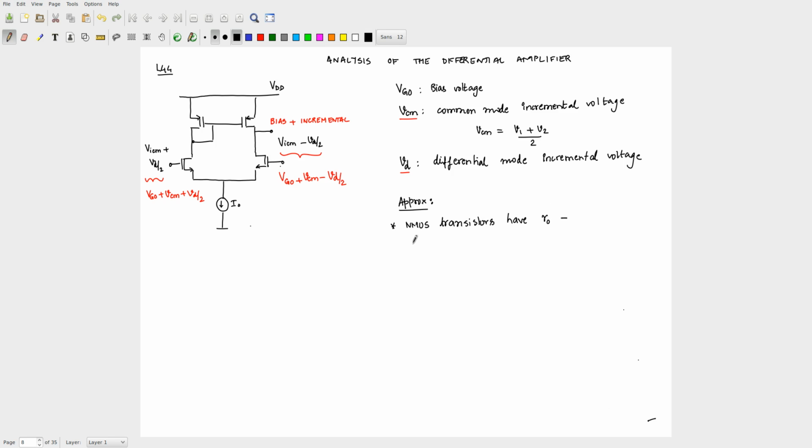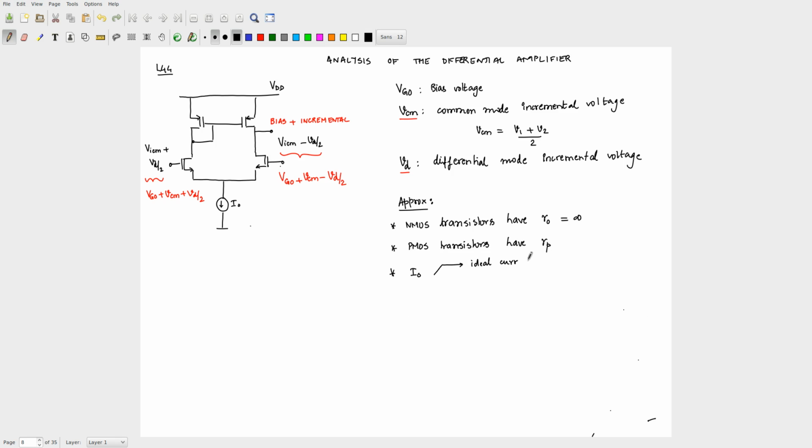I'll say the PMOS transistors have RP. I am not assuming that RP is infinite, because then calculating the gain is a little more complicated. You can actually calculate everything assuming R0 is also non-infinite, and then the expressions will be a little more messy. And the current source I0, I will assume that it is an ideal current source